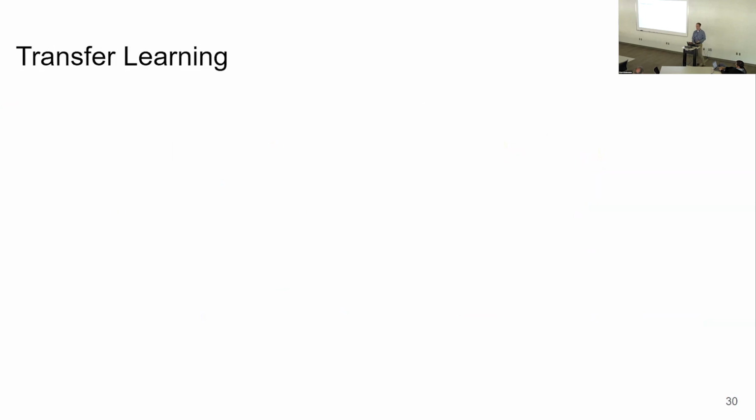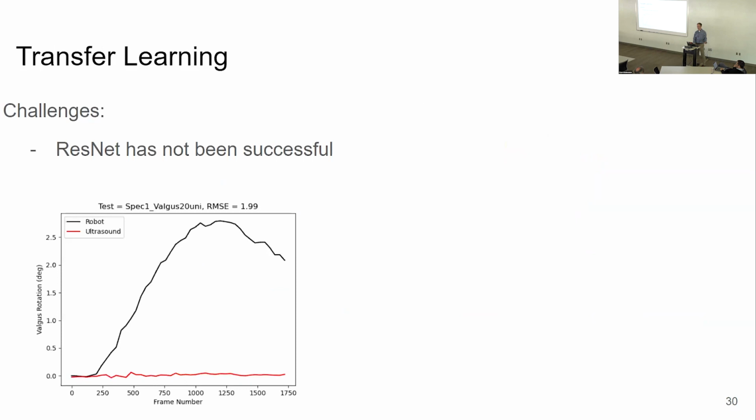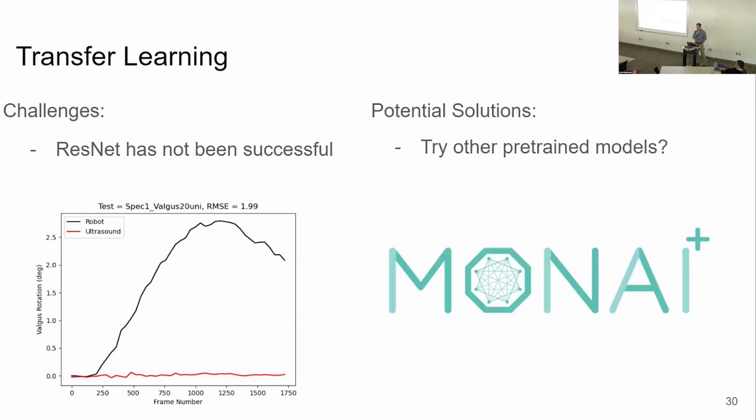Then finally, transfer learning has been a little bit of a challenge. We want to see if we can use a pre-trained model. So far, we have been using ResNet, and ResNet hasn't been too successful. We think the images that ResNet has been trained on are very significantly different from ultrasound images, so it hasn't been going too well. But our potential solution is to try other pre-trained models to see if we can use one to get more data and